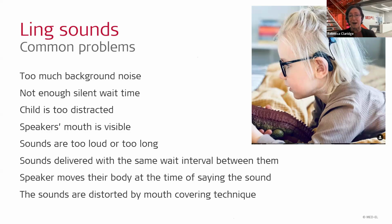Maybe the speaker's mouth is visible. You know, I just gave that example about the clinician that was going to deliver the Ling sounds through lip reading. We don't want the mouth visible. In fact,